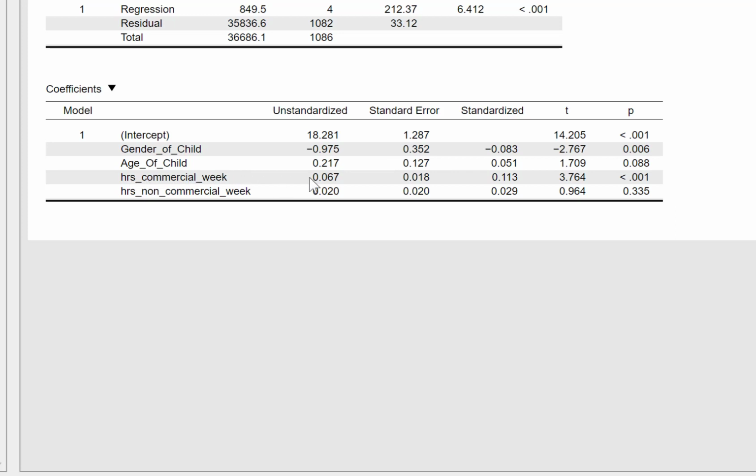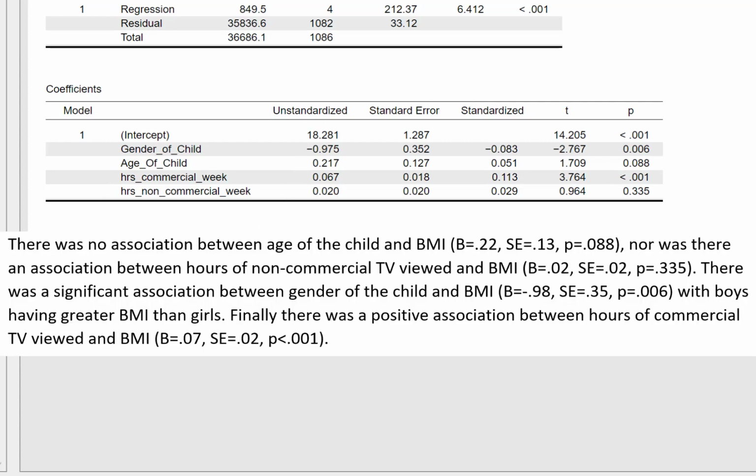Hours of commercial TV exposure has a significant effect, and hours of non-commercial exposure does not have a significant effect. And we can just write these up like this example below. In this example, I just cover the two non-significant ones first. You can do it in any order really, but there was no significant association between age of the child and